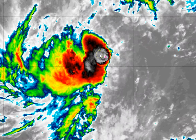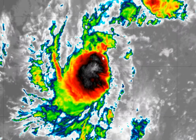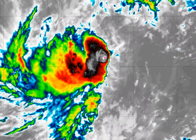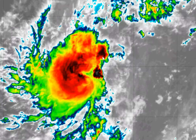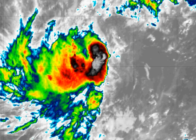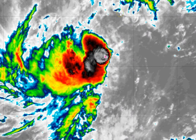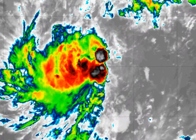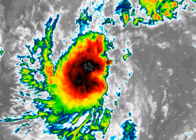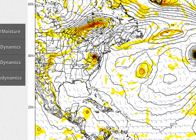It might actually become a tropical storm pretty quickly, and if it becomes a tropical storm before the other one coming off of Africa, then it will get the name Helene. So we'll see which name it gets. Who really cares what it's called? Either way, it's going to likely become a tropical storm, and looks like it's going to be heading westward. Hopefully it will turn to the north, but it's a little too early to tell with that. Right now, though, all the model guidance is suggesting that it's going to be a storm that moves to the